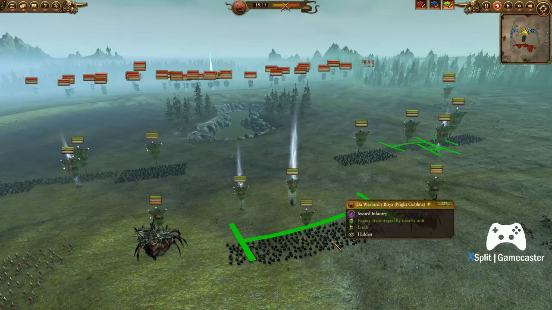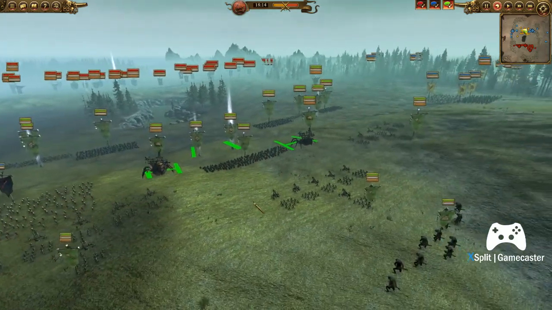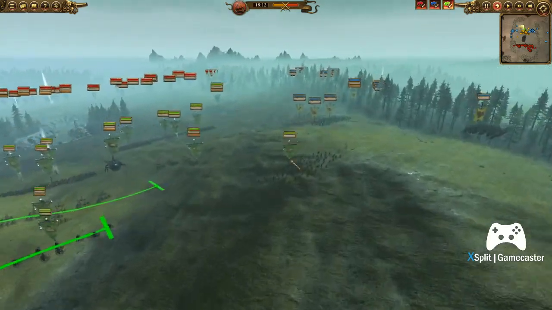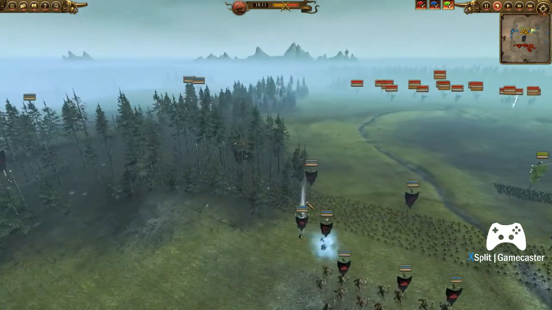Supporting my general is the Warlord's Boys. I do have a Night Goblin Warboss and an Orc Shaman, two Ragnarok Spiders, three Rock Lobbers, Hammer of Gork of course, and some Trolls in the back. You can also see some Dirkit Squigs in the back that I do forget about for the beginning part of